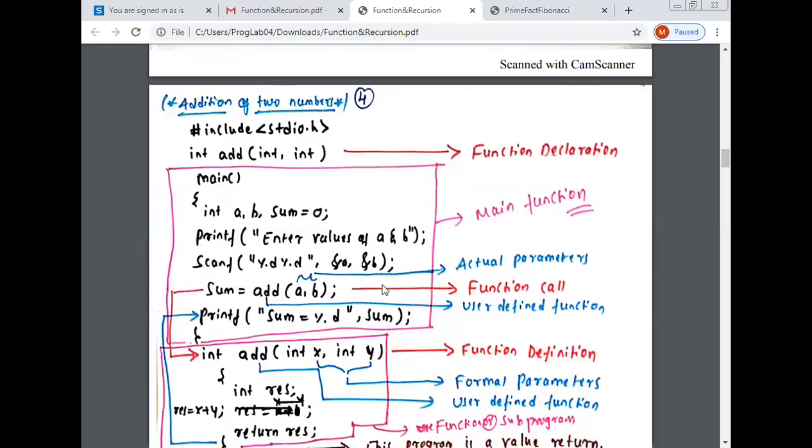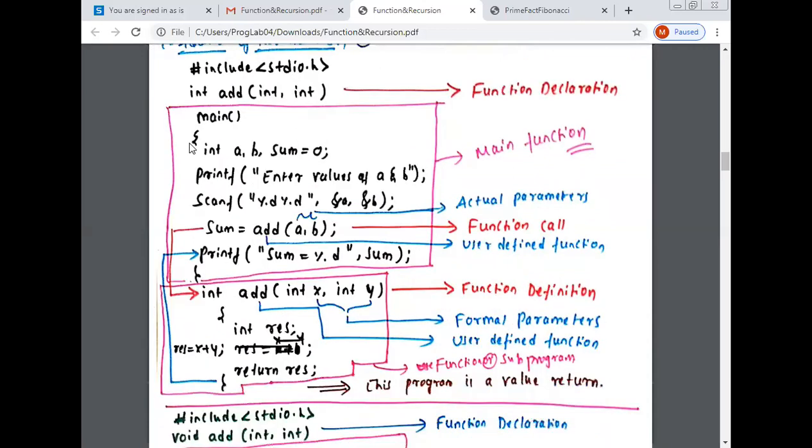So it will execute the main program: the local declaration, you declare the variables, printf enter the values of a and b, then read the values of a and b. Once it encounters the function call sum = add(a, b).